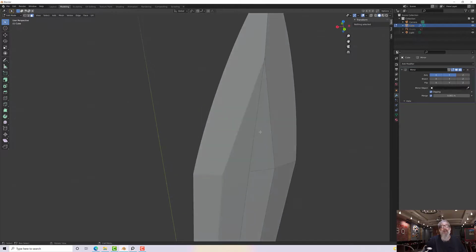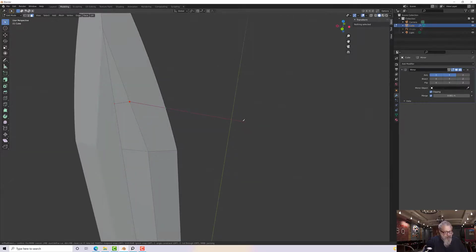Okay, so what we have down here is many more edges than we have here, and I want to match that up a little bit. I can't really see what's going on at the minute, so what I'm going to do is add a cut in here. So let's use the K key, and somewhere around the middle I'm going to draw across to the middle. Whoops, I'm on the wrong side. There we go. And then I'm going to press enter,